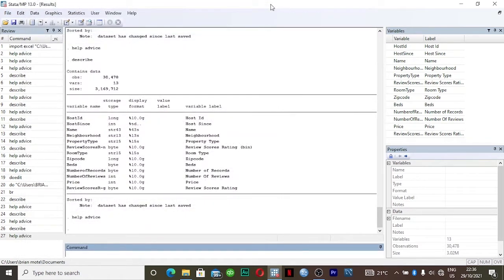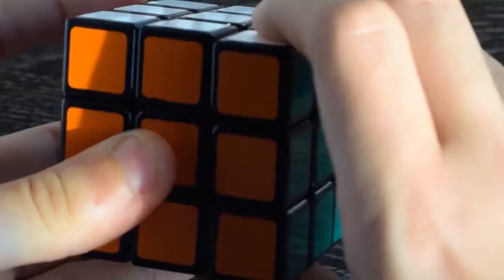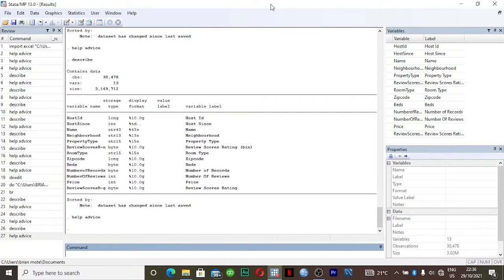Getting messy data can make you feel confused, like nothing makes sense. It's like you're lost in a matrix. But to make everything fit perfectly, like a Rubik's Cube, you need effective data cleaning. In this lesson, I'm going to teach you how to effectively clean your data using Stata and the tools that I'll make available to you. Stick around to find out how you can clean your data using Stata.